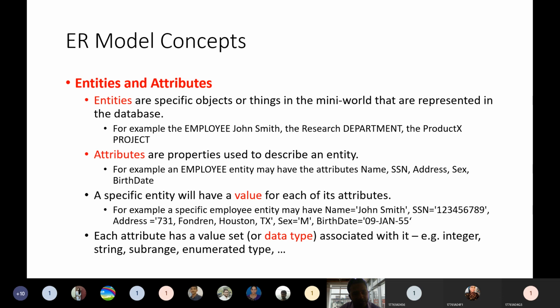Now let us look at this slide. This slide is taken from the textbook author's PPT. The textbook author has given some PPTs, and from that PPT I have taken this information. That's nothing but textbook information only. So the author says: entities are specific objects. Here we can pause and discuss this. What is an object?